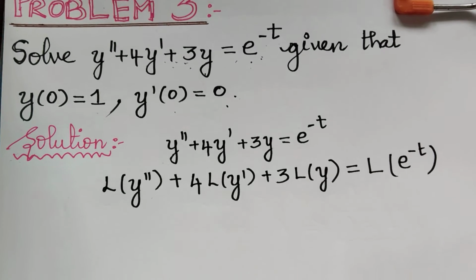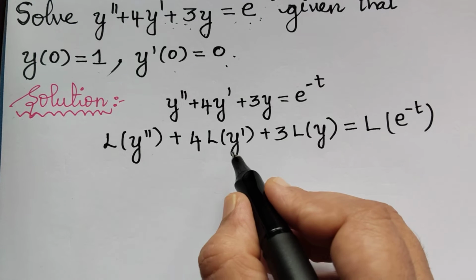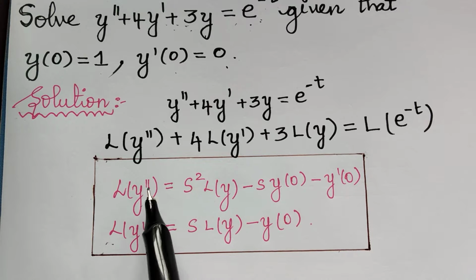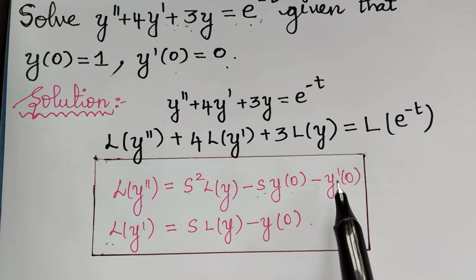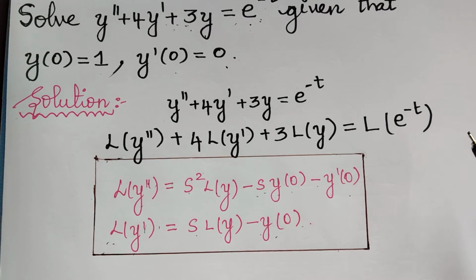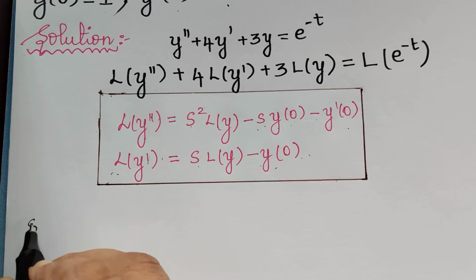So now from the formula we know that L of y double dash is given by s squared L of y minus s into y of 0 minus y dash of 0, and L of y dash is given by s L of y minus y of 0. Now let us substitute these two in this equation. So we get s squared L of y,